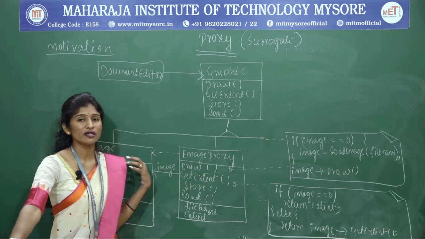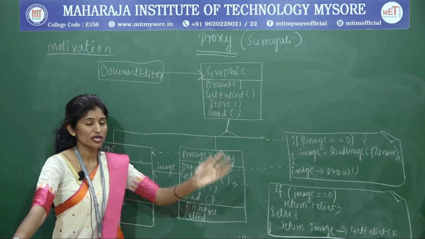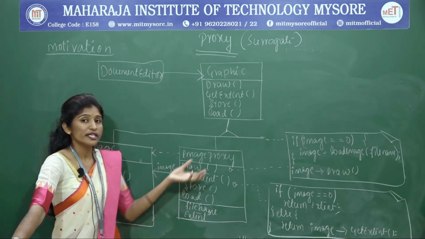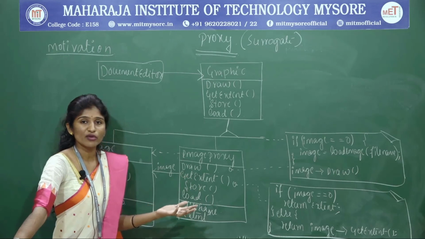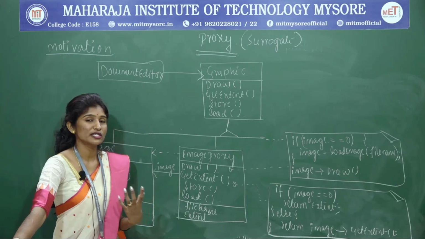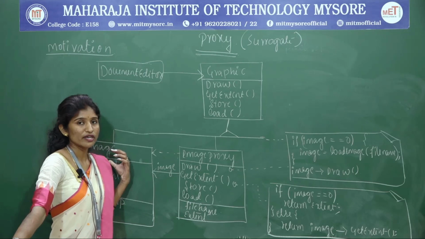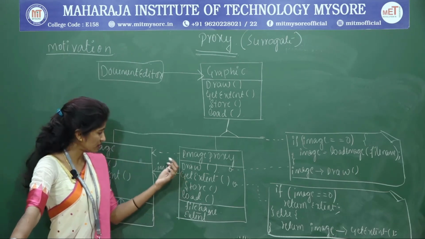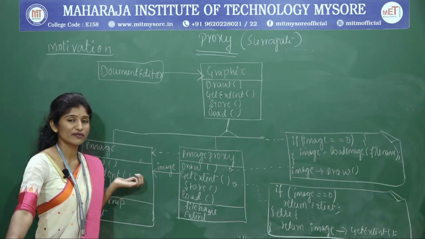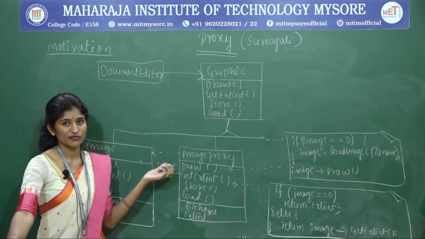Whenever the editor or a graphic is going to invoke the image or audio files or any of the multimedia files, this proxy doesn't contain any information within it. Whatever it is going to perform, it just references the original object. From the original object only it is going to reference. So you can see here it has the reference pointer. It is going to forward the link to the original image, and then it is going to get the things from there.